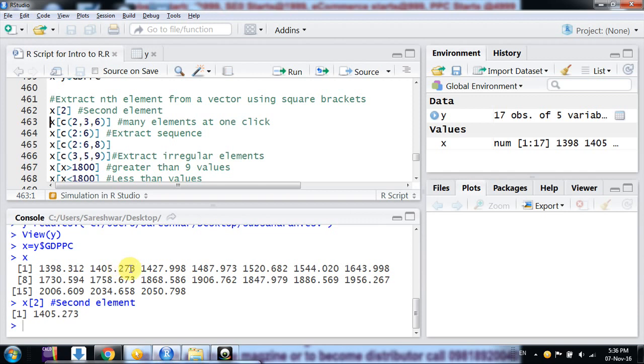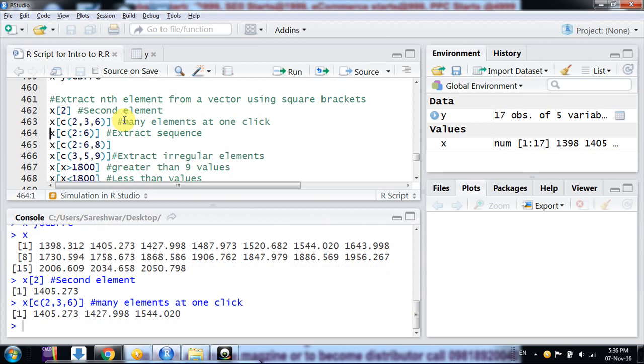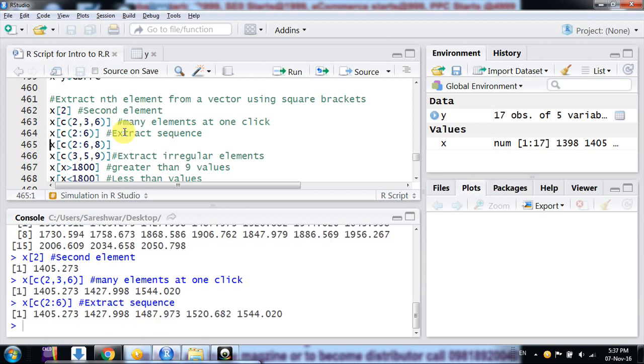Similarly, suppose you want to extract not only one element but several, irregularly spaced elements, like the second, third and sixth observation. We can use this command in this way. Similarly, suppose you want a sequence from second to sixth, you can use this command.